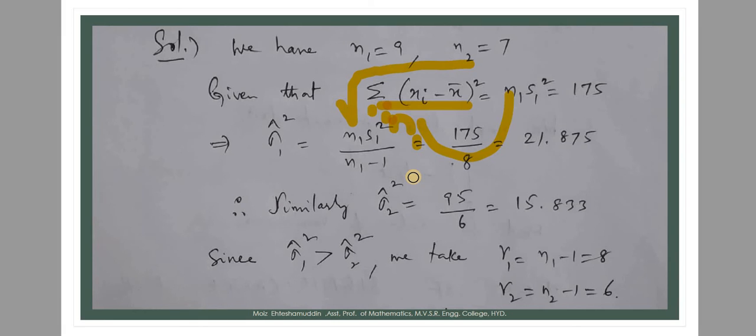So once it is decided which sample is giving us the bigger variance, we have to calculate the degrees of freedom from that. So the first degree of freedom is n1 minus 1, because this is giving the bigger variance. Gamma 1 comes from the first sample and gamma 2 comes from the second sample. Always gamma 1 is the number of items minus 1 from the sample which is giving the bigger variance. Here in this case it is the first sample itself, and hence it is 9 minus 1, that is 8. Gamma 2 is n2 minus 1, that is 7 minus 1, which is 6.